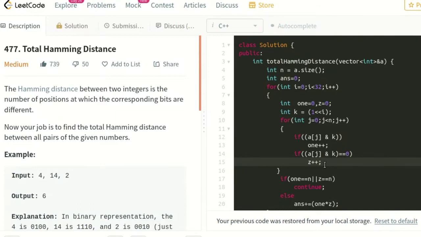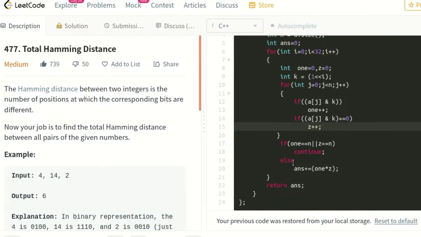And in the end, if the number of ones or the number of zeros is equal to the size of the array, then we know there is no position at which the bits are different. Otherwise, we have simply multiplied the number of ones and zeros and added them into the answer variable, which is used to calculate the total Hamming distance.